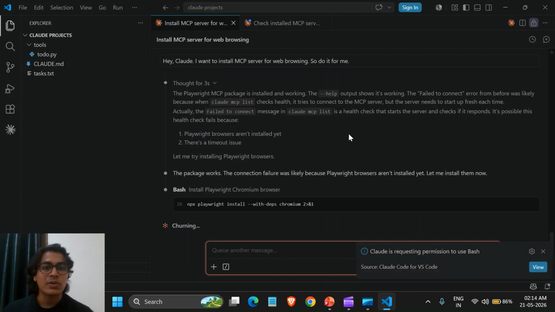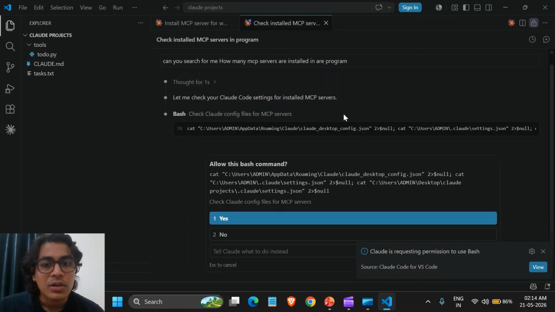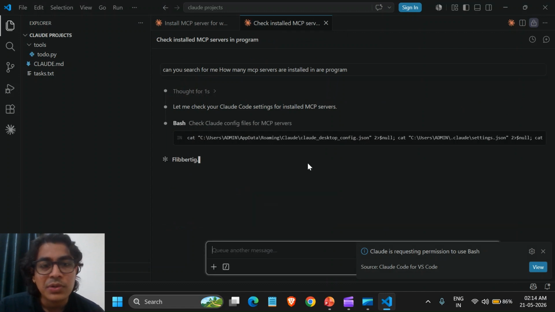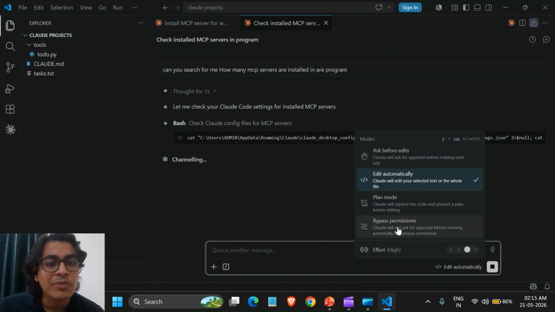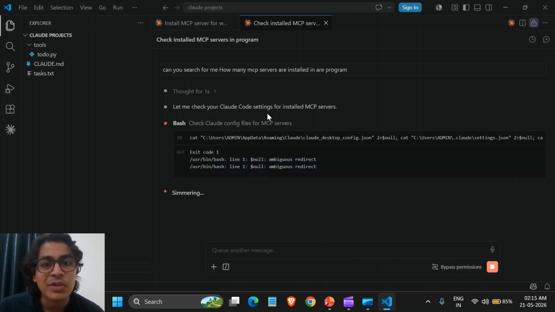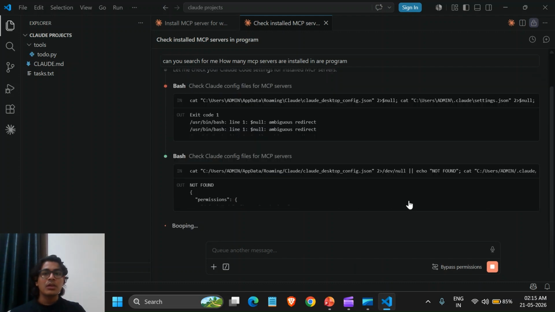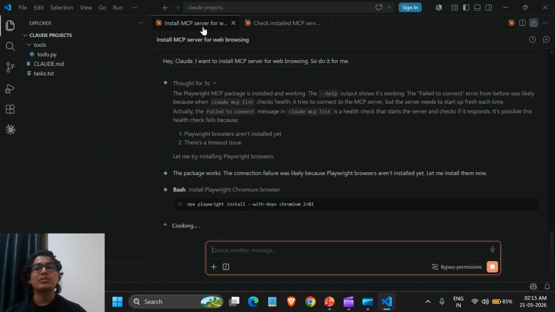Two agents are working at the same time, right? So it is going to execute this bash command. Over here also, I don't think I would have any problem with bypass permission mode. Fine, so I would be clicking this so that I don't have to give those permissions again and again. Anyways, so it is executing this side by side. This is also being executed.